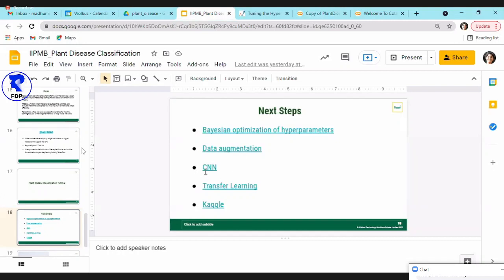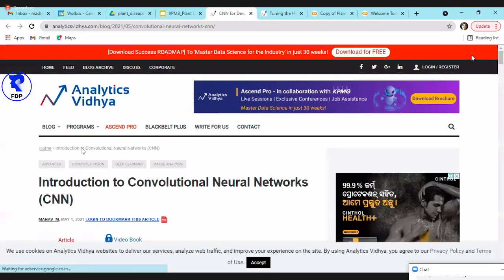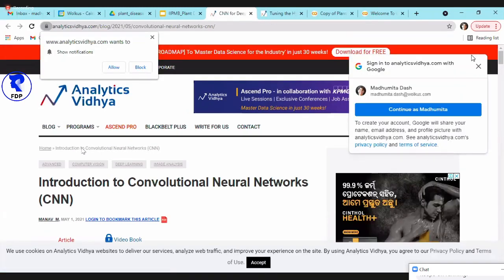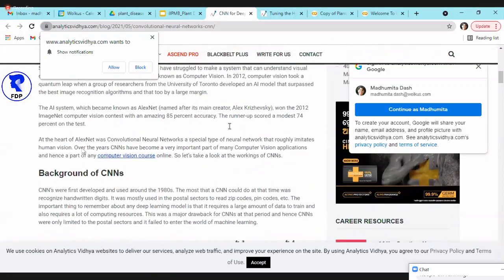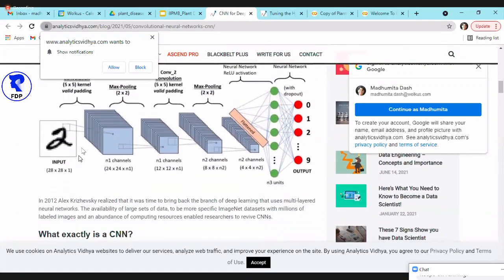Another thing is, you might have heard a lot about the convolutional neural network, CNN. What I showed you is a very generic neural network, but computer vision uses CNN or different types of CNN. What a CNN does is use a convolution layer.